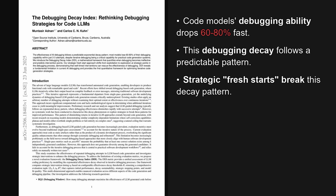I'm Alex, and today we're looking at this paper from the Hugging Face trending list, published on the 23rd of June 2025. This research, published just a few days ago, reveals a critical weakness in current models, that most lose 60